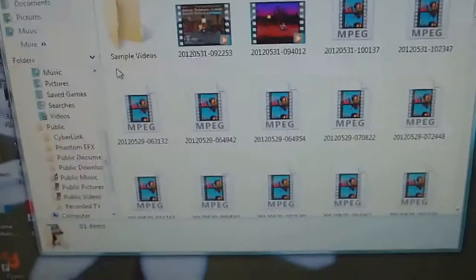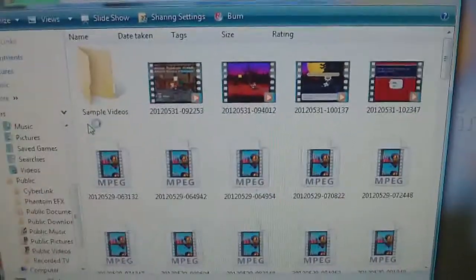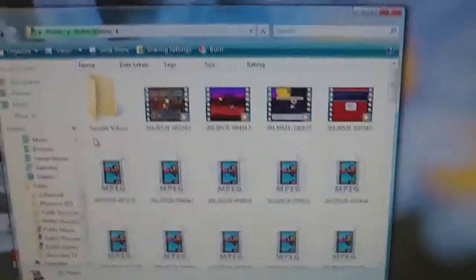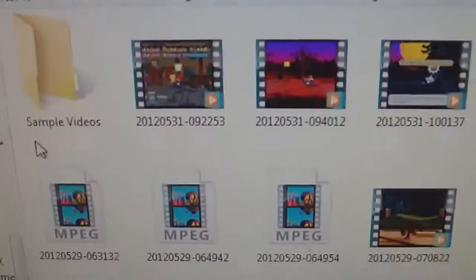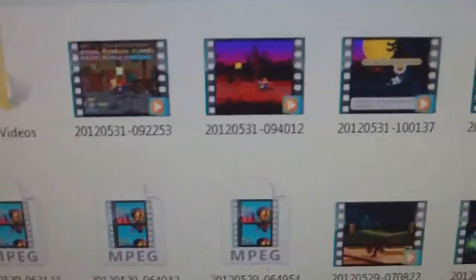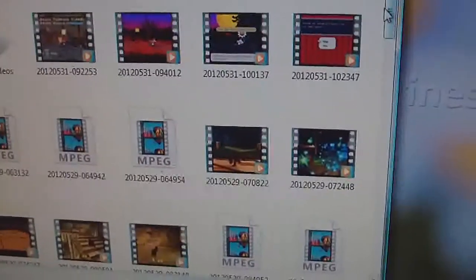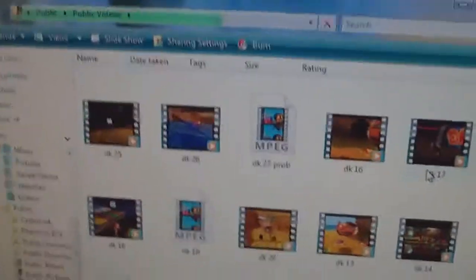Okay, so the way that, this is going to be really messy. The way that things get kicked out by the Dazzle DV500 is they come out with these random numbers. And then what I do is I use the sequence that they were shot in, like I use the time signature of the file, to give them different names and name them things that we'll see. Well, if we just scroll down, you will see that I name things like